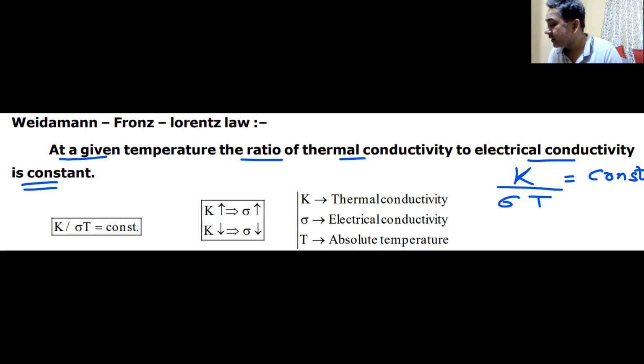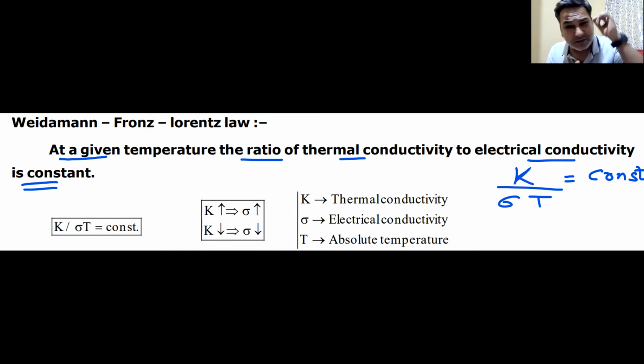K stands for thermal conductivity, sigma stands for electrical conductivity, and they are referring to almost similar things. Thermal conductivity, electrical conductivity, heat current, electric current, all these things are somewhat similar, and we will see more similarity in tomorrow's class. Right now you will note this down, not on the sheet but in your notebooks.